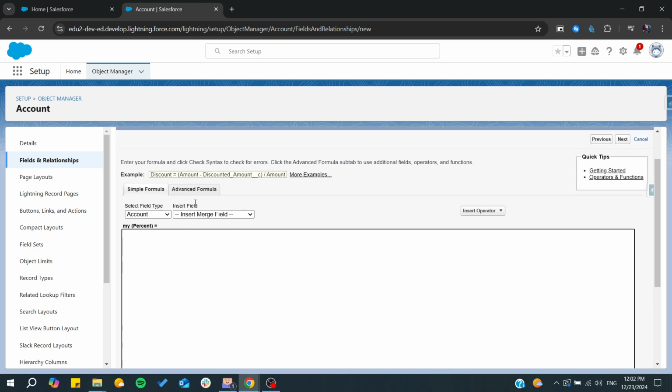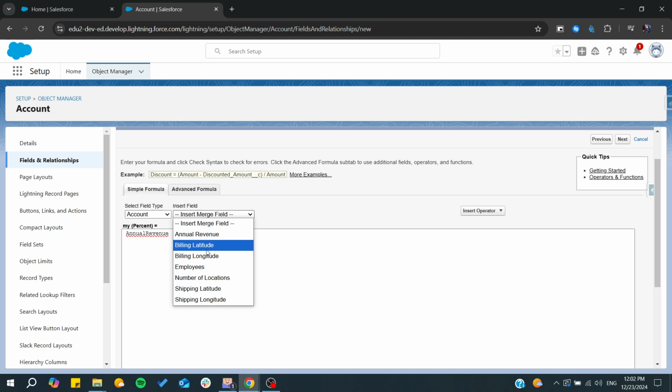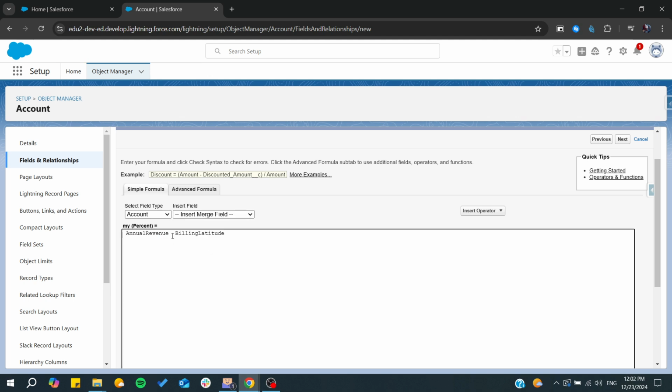So from here you will need just to start inserting the fields that you would like. So I'm just going to search, for example, the annual revenue and for example billing latitude, and like this you will need just to do some operators. So as you can see, there is the add operator, etc. And basically you will need just to start formulating your formula, and then you will divide it by something and it will give you the